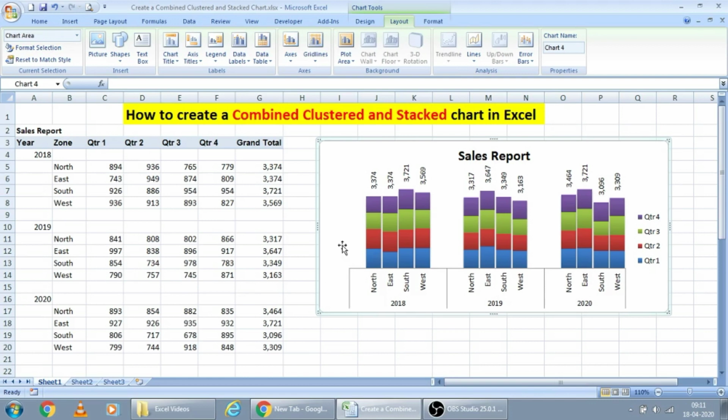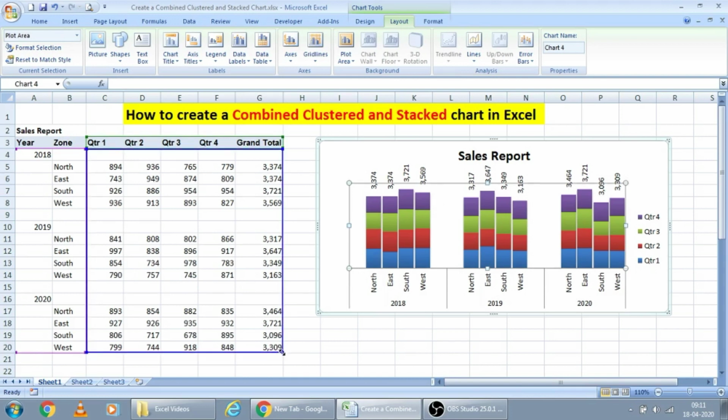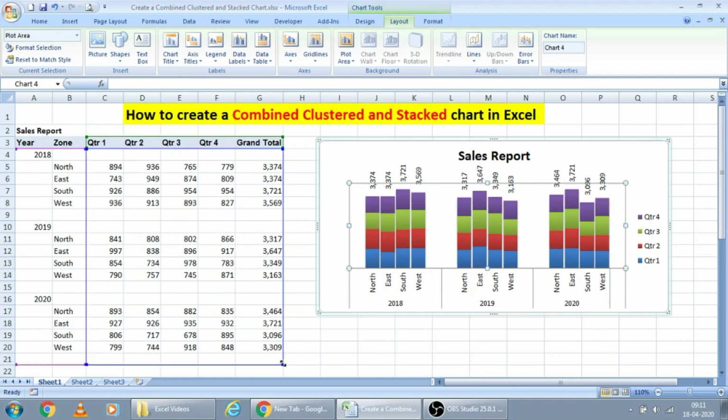And if you see this, everywhere at the beginning and ending there are some gaps, except for the last year. To get a gap column here, select this chart, just drag one row here, so that one additional blank column will be added here.